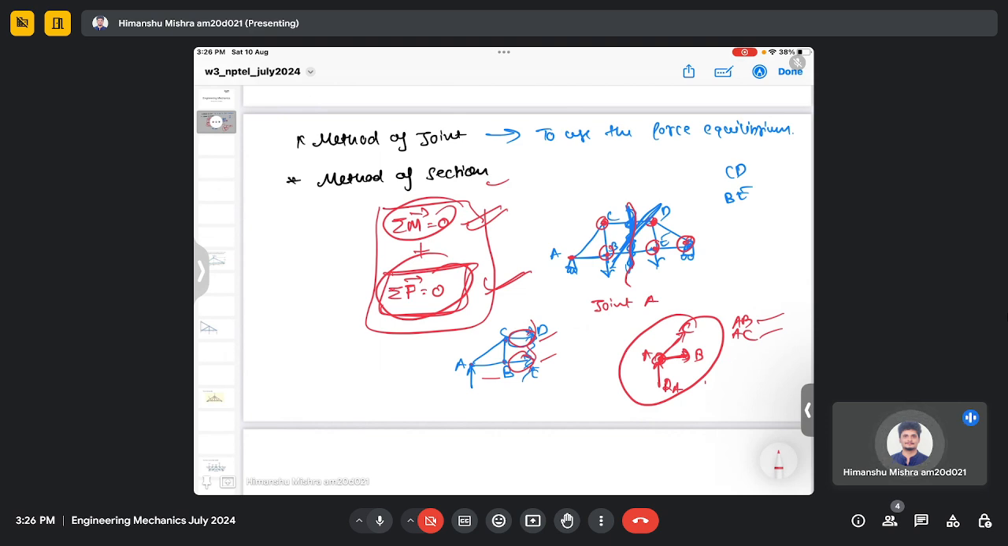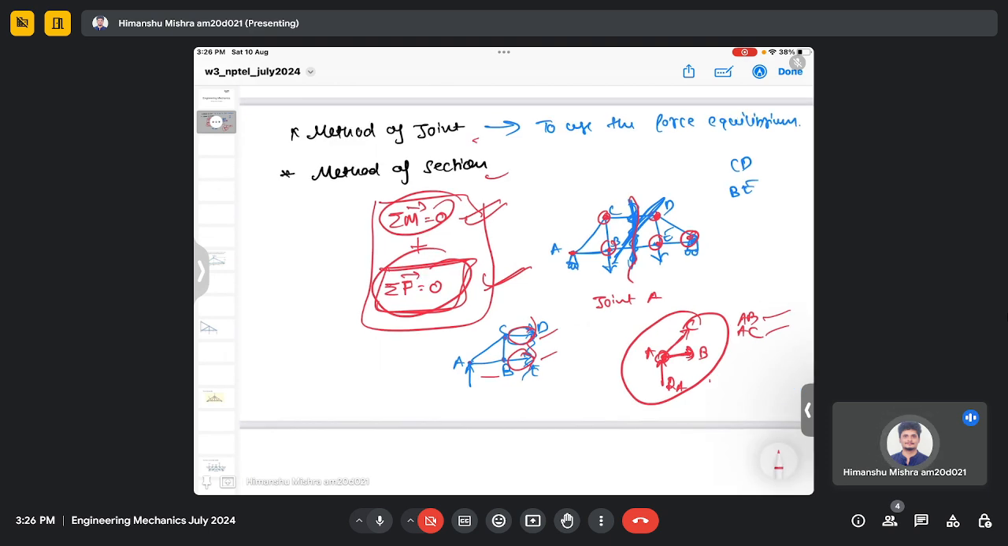Okay, so you can use the method of sections multiple times. You can again cut this truss into more parts, or you can even use these two methods in the same problem. We don't have any such restriction here. So you can use the method of joints separately or the method of sections separately in a problem, or you can use a combination of these two methods. So it's all based